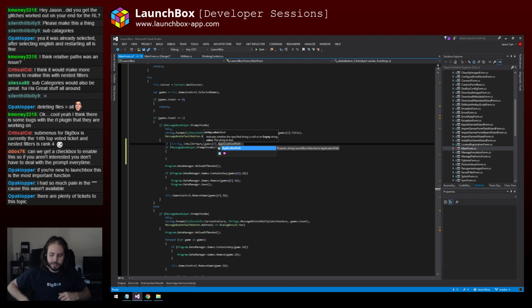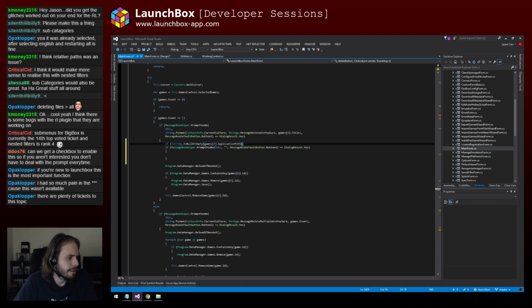All right, we're going to get this done. Here we go. Yeah, I know, it's a commonly requested thing, which is why we're tackling it. It's one of the most popular tickets on Bitbucket. So anyways, if not string is null or empty games 0.application path, and